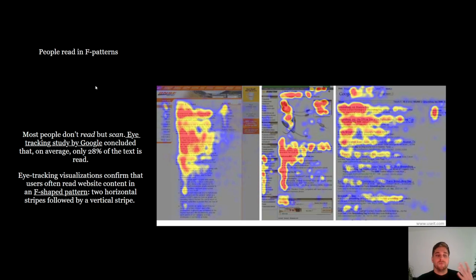That's how we humans are. We scan the page and perceive only 28% of the text on the page. That's why it's so important to minimize the data available as much as possible, because it's not going to be read in the end. More than 60% is going to be ignored in the first look.